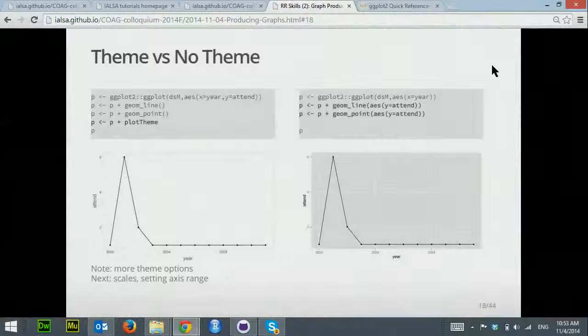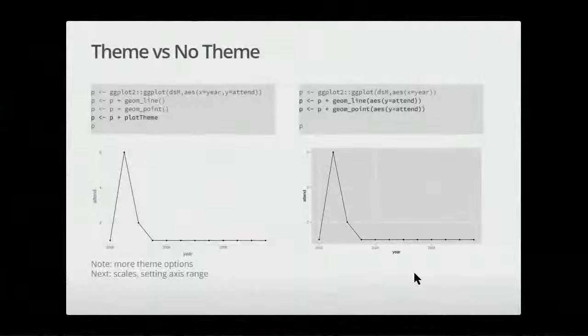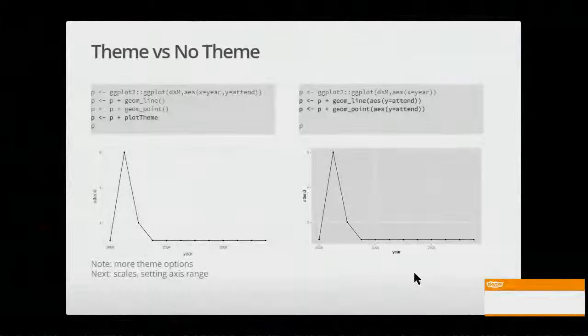So we've talked about the appearance of the graph overall. Now let's attend a little more to the scales, to the axes, right? So as we see here, I don't know why there's 2000, 2004, 2008. I don't know why it's missing those. I guess it's automatic. So we would like to take control of that as well. So the next thing we'd like to do is to